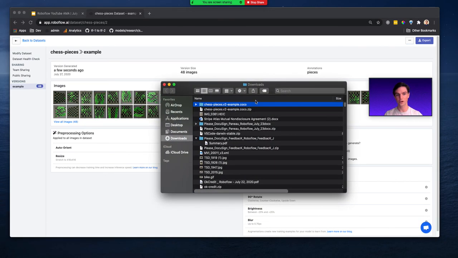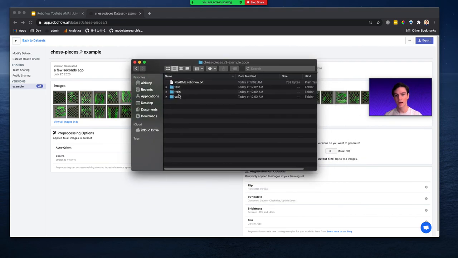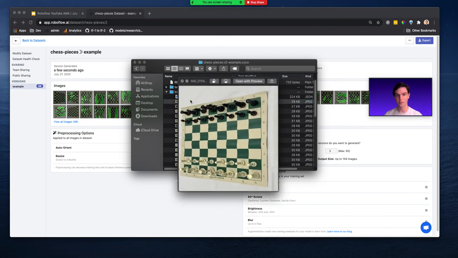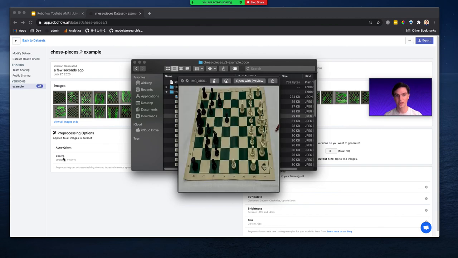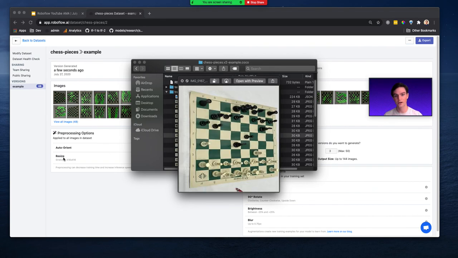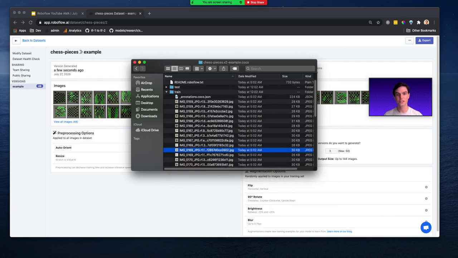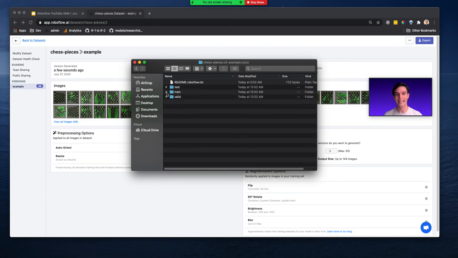I open that up, and inside this folder, I have train, valid, and test. In my training set, I have, for example, this image. It's square, so the pre-processing step of resize to 416, 416 happened. It's also rotated, as you can see. A few others: this one's made darker, it's upside down. This one's brighter, it's still right side up. This one's flipped horizontally, you can see because the words are backwards. Horizontally a little bit brighter, darker, and so on. So you can see those images are augmented in the training set and randomly edited a little bit.